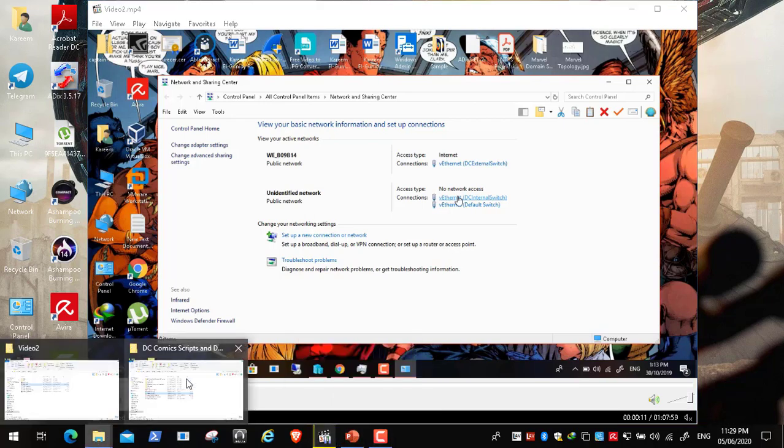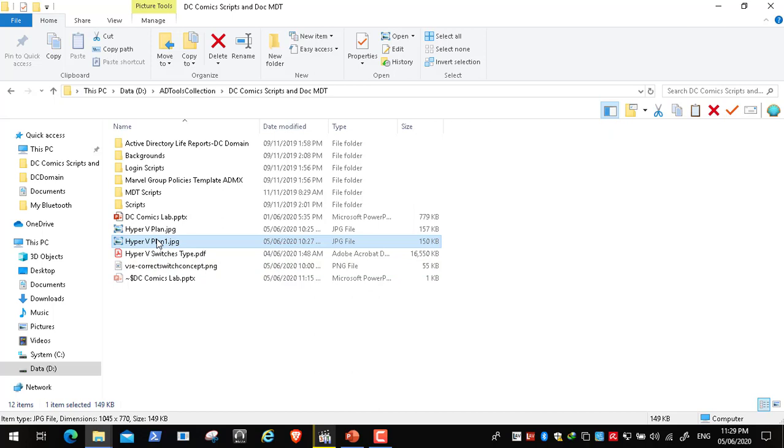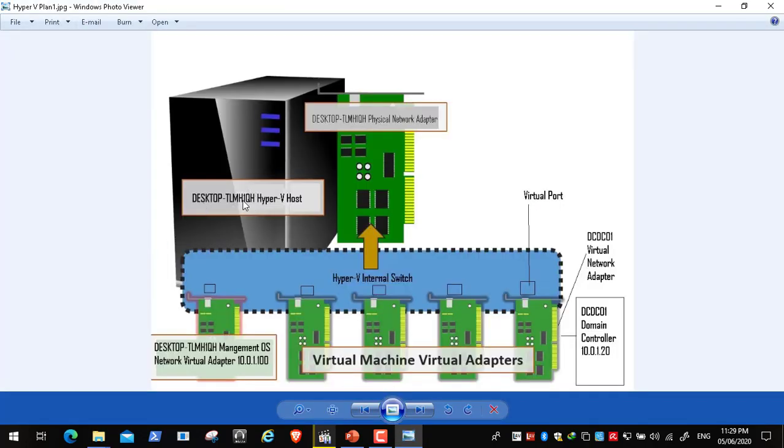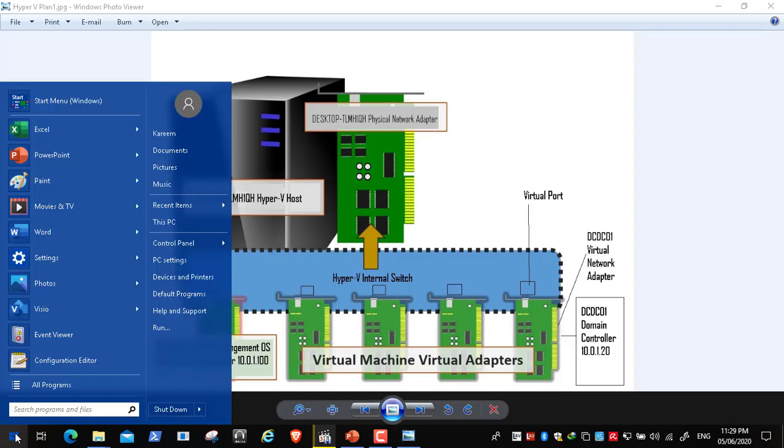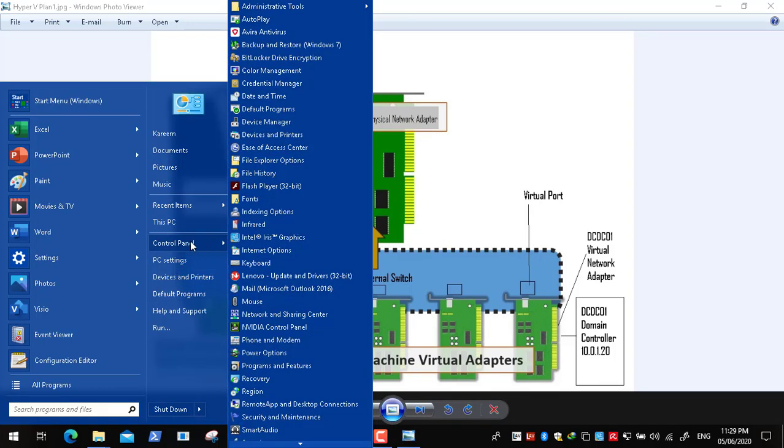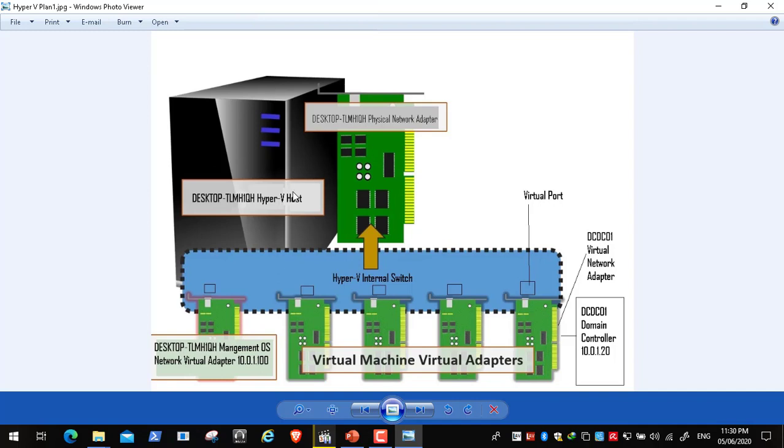Just a minute. Oh, this is my laptop. Now I am opening my laptop configuration in the video. I am not working with Hyper-V or with my virtual machines. I am working on my laptop, the one that is hosting the Hyper-V program and all the virtual machines. Okay, so here what I am doing,